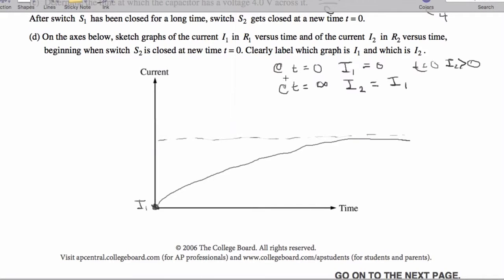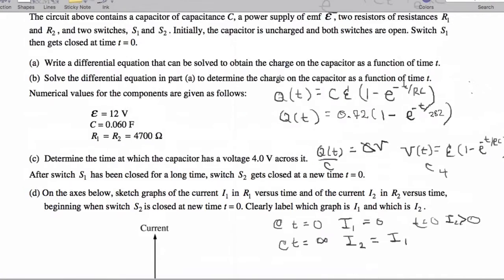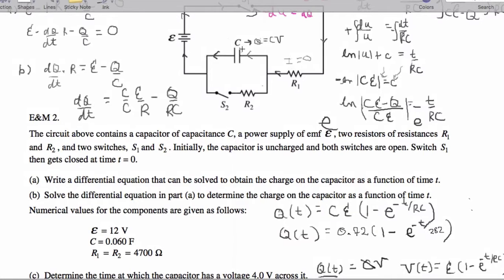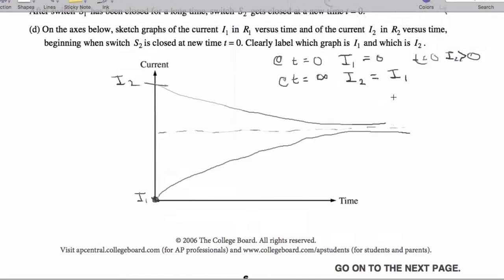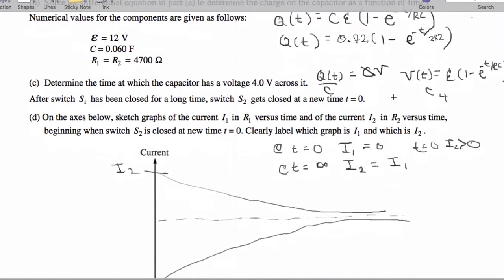And therefore, what we're going to see is, as time goes on, the capacitor will reach a new equilibrium with R2, R1, and the rest of the circuit. So we're going to have this very big I2 at first that is going to decay and match the I1 so that they are equal values like that. So that is part